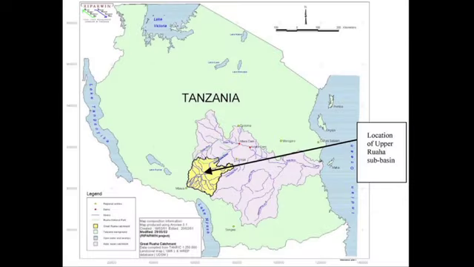We're working in what are called the Southern Highlands and in the Ruaha landscape, which, if you take together all the game reserves, the national park itself, and other protected areas in this landscape, it makes it the largest protected area in all of Tanzania. Although it gets far less attention than Serengeti and Ngorongoro Crater and all of those more popular places. This is really the jewel of what's come to be known as the Southern Circuit in Tanzania. Great place to go visit because tourists just haven't really discovered it yet.